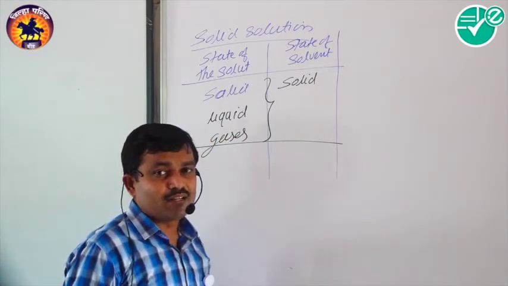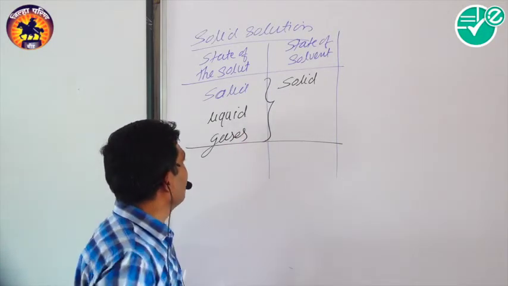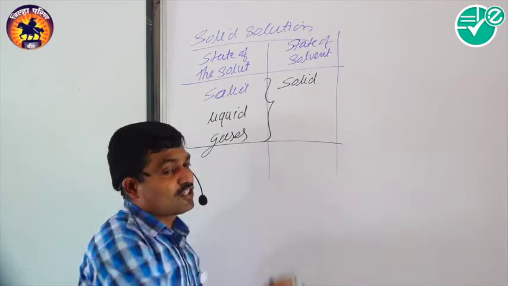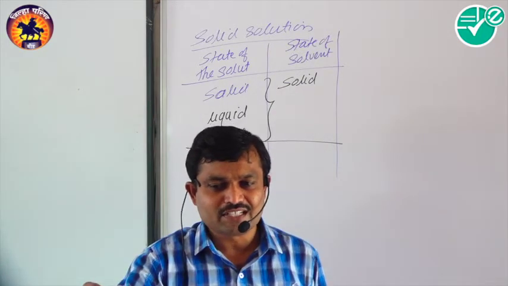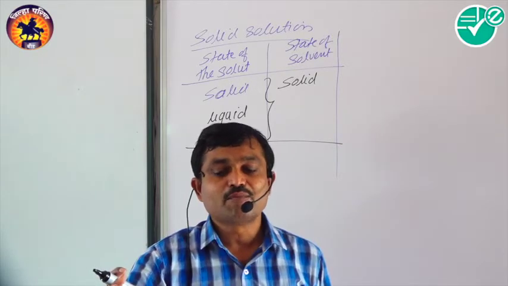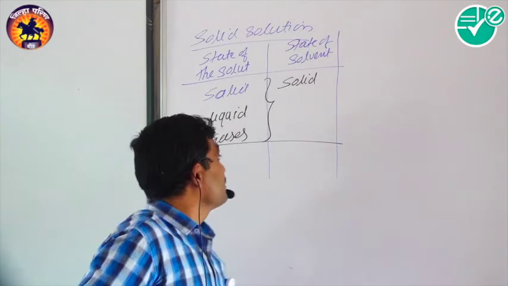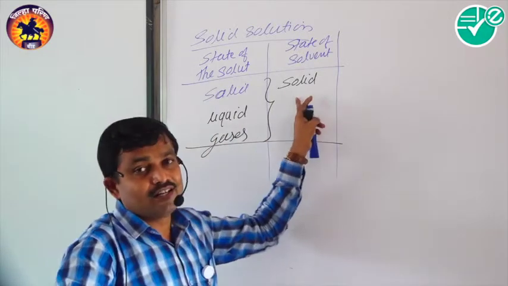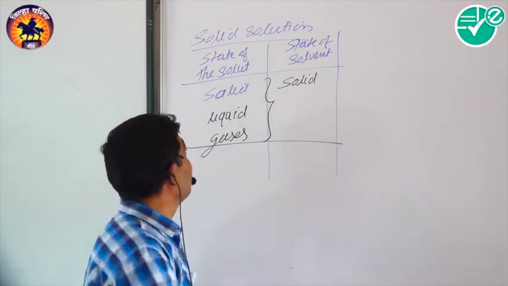So this is very simple. We have to consider the colligative property, but just for the sake of understanding I give the idea about that. Gases in solid: if you consider the gases in solid, the well-known example is H2 in palladium or platinum. So H2 in palladium is the example of gases in solid. H2 gas is present in the palladium.